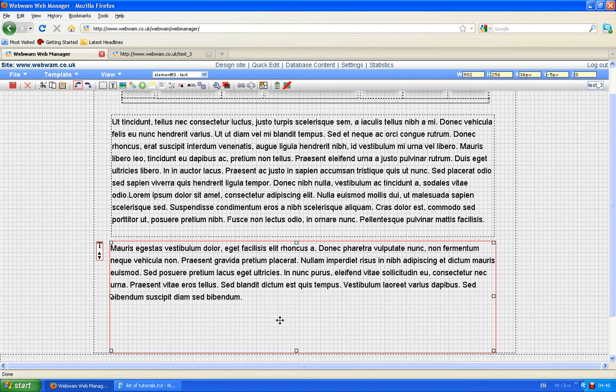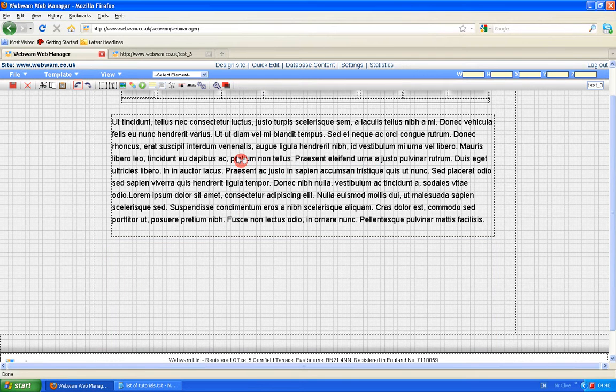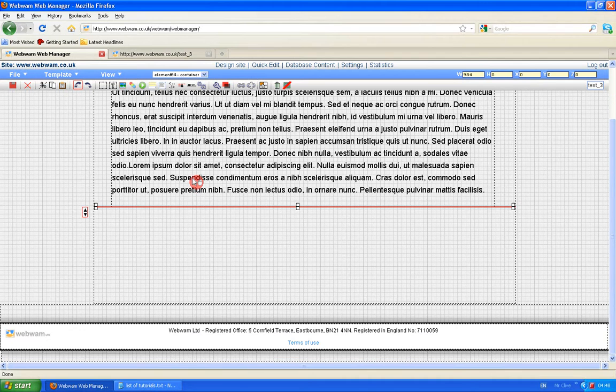Okay, so that explains how to bring a text element into the page. So I'm going to delete that now. I can delete the element by clicking this little trash can up here. Okay, the other thing to bring in is a container. So I click on the container element, and again it's positioned relatively, and it's just brought a blank box into